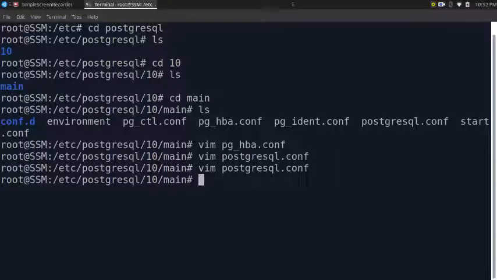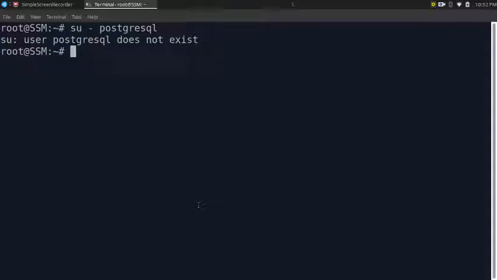Now we will do another thing that is very important. We will go to root, afterwards we will go to Postgres. By default you can log in to Postgres by the command su postgres, not su PostgreSQL, it is su postgres.